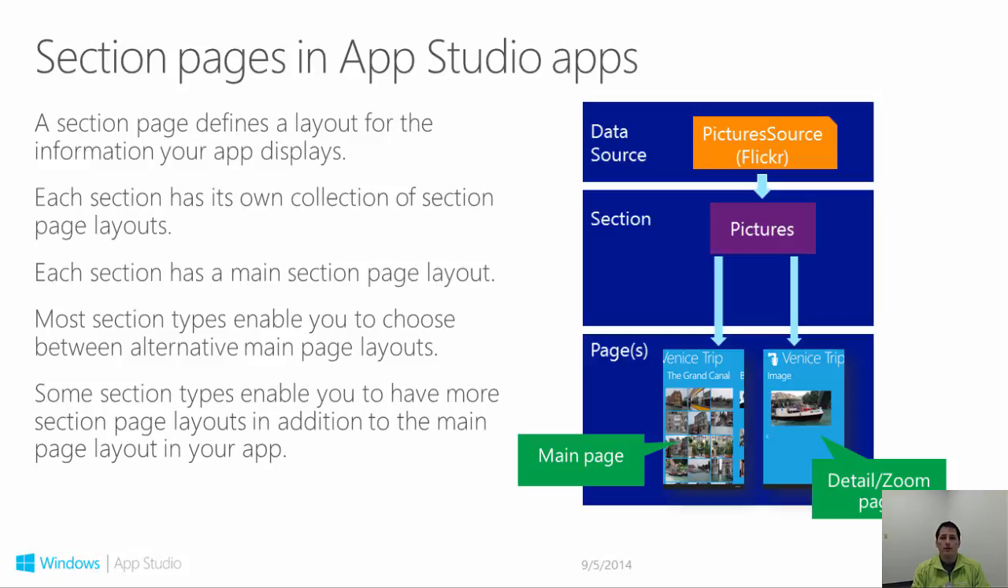Section pages are the primary means for displaying your app's content to the user. Since they are such a key part of an App Studio app, let's review some key aspects of section pages. The most important thing to note about section pages is that they define the layout or look of your app and the layout for each page of your app. In the second module, you learned that each section is associated with a data source. The data source controls what is being displayed, while the section controls how it